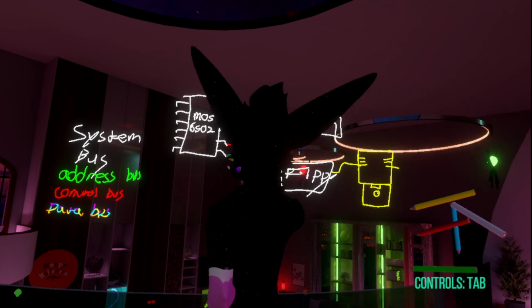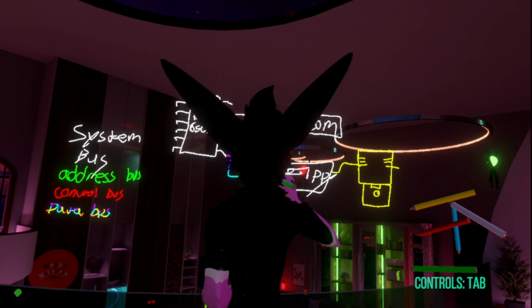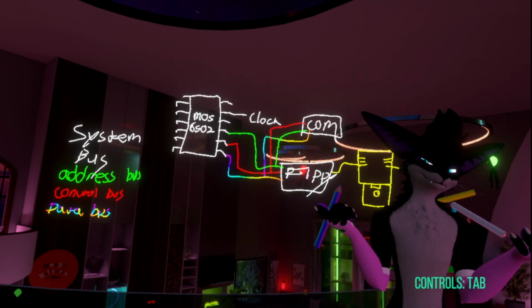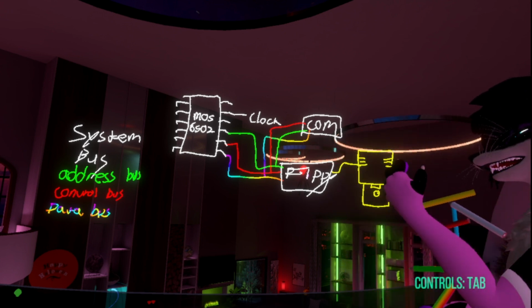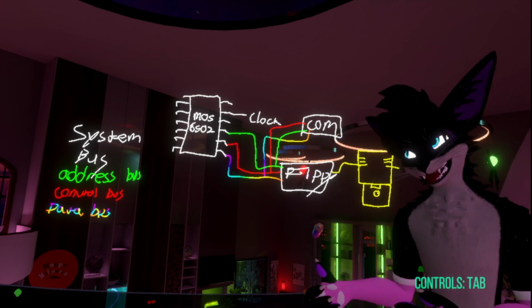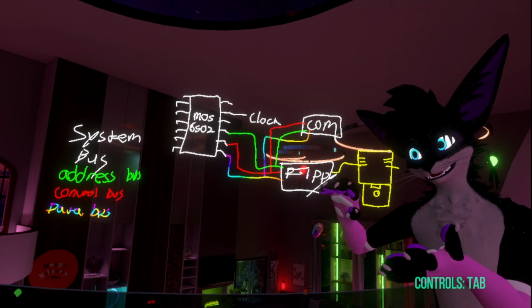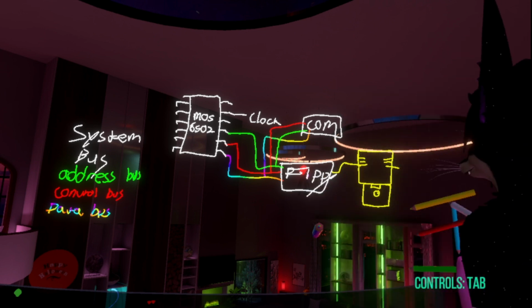And here's the little data bus. Add it to the command, because why not? Your data bus, that is how it sends, communicates and transmits the data itself.